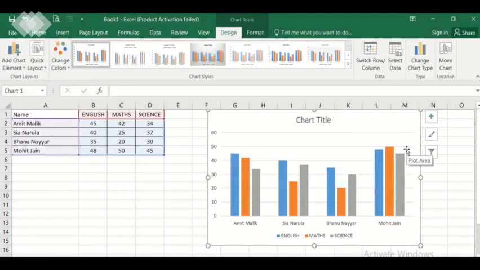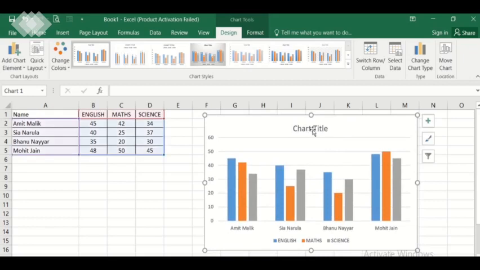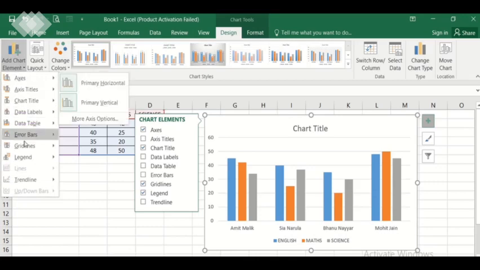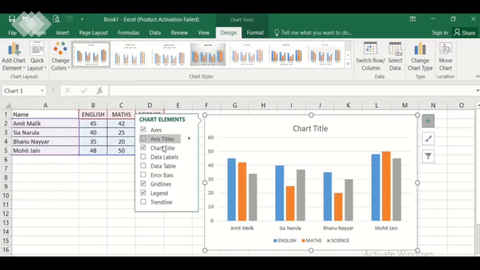Now, after creating a chart, we will learn how to insert different chart elements. Now, you see here is your chart. Now, in this chart, you want to insert the different chart elements. Now, there are 2 ways to insert the chart element. One is here, as you can see, this option. This is your chart elements. You can insert the chart elements in this chart by clicking on this option, or you go here in the design tab, this add chart element. From here also you can directly insert the chart elements. Now let's see how we will do it.